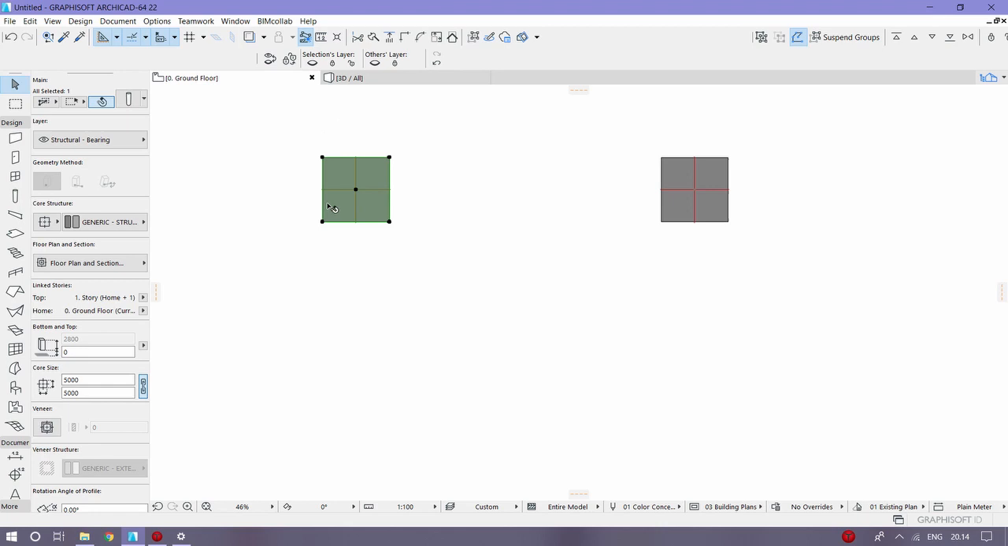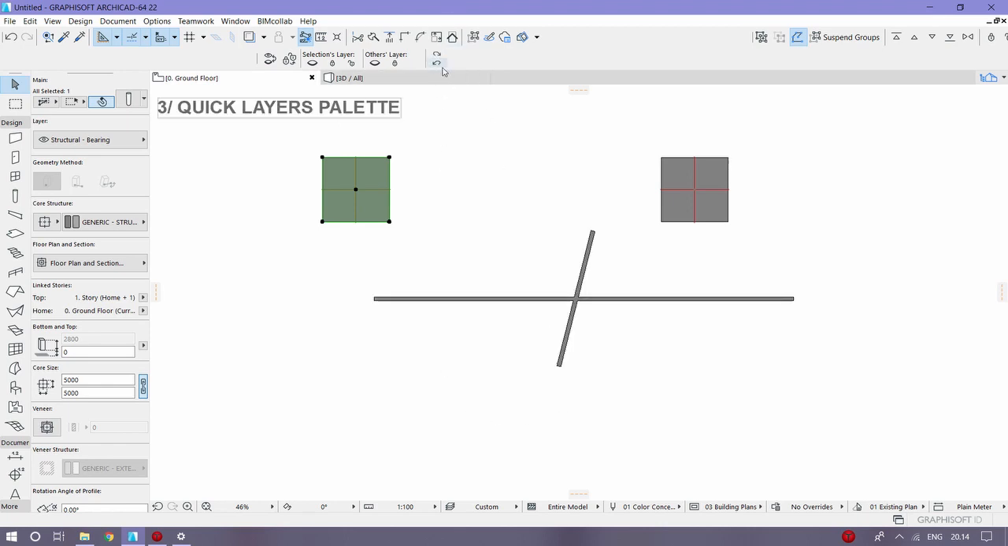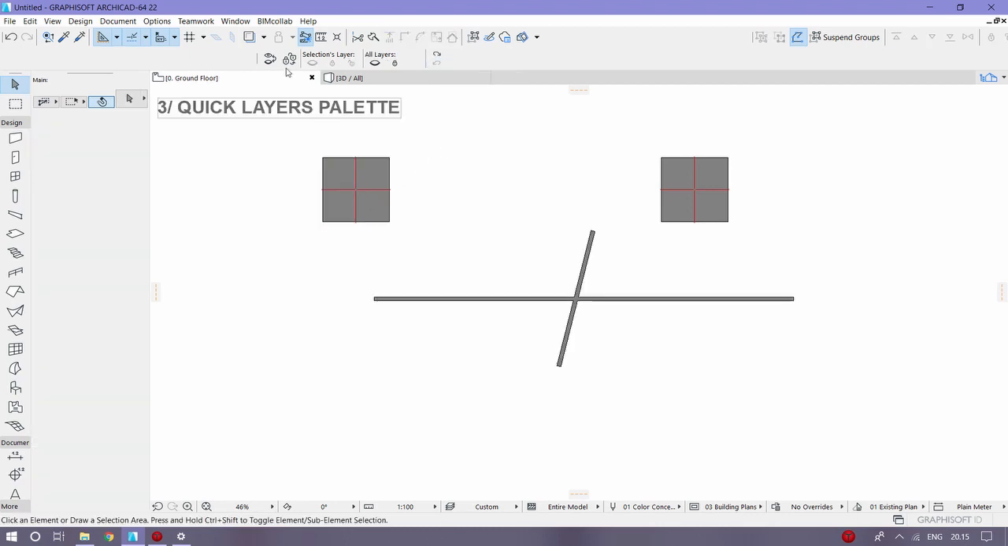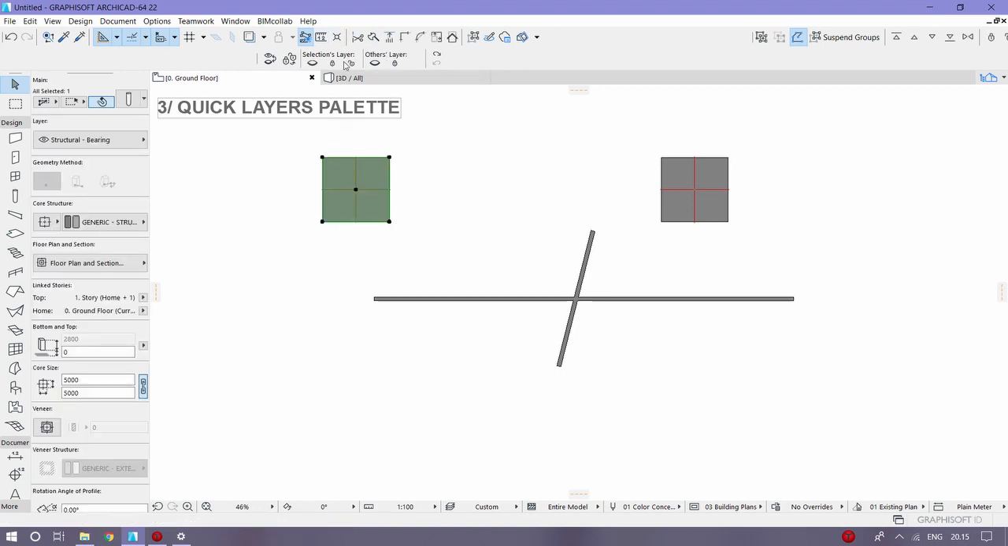So in this example, it just shows structural bearing layer, and it hid my text and it hid the walls. We go back, it shows. Also we can go redo, and it still shows the same. It doesn't delete any elements. There are other elements to this. When we select this, it says